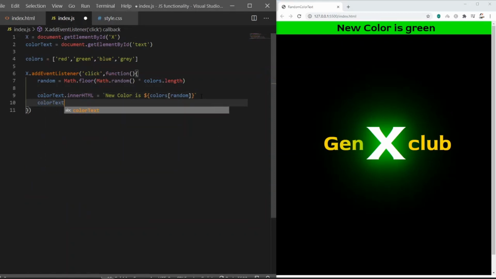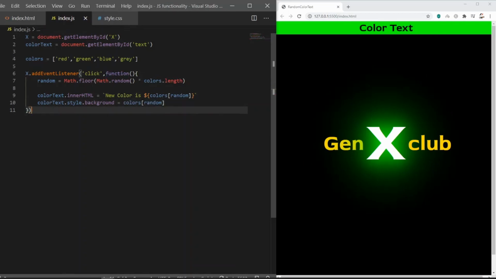So colorText.style.background equal to, let's copy the variable on the top, colors of random. Let's save it. Let's test it out, and there you go. We have made the random color generator. Well, it's not random enough because we have only 4 colors.